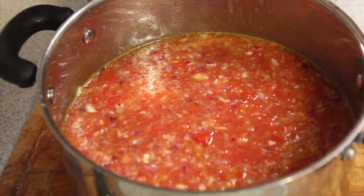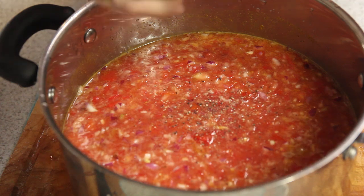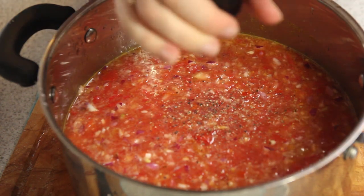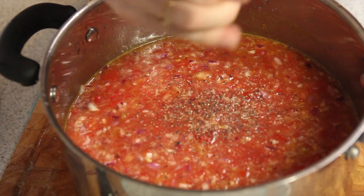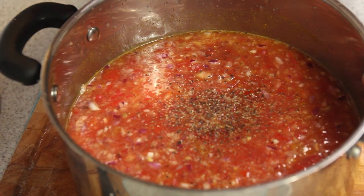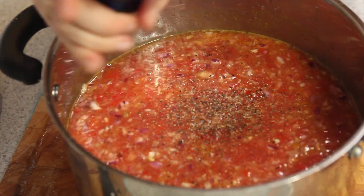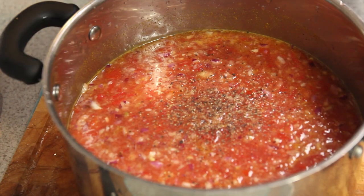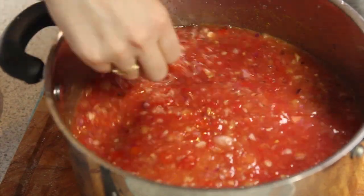So now you just need to add some freshly ground black pepper. Add as much as you want to. We like ours with a little bit of kick, so I am going to put a fair bit in. Okay, and then some salt. I use Himalayan rock salt, but feel free to use whatever salt you want. Just give that a stir